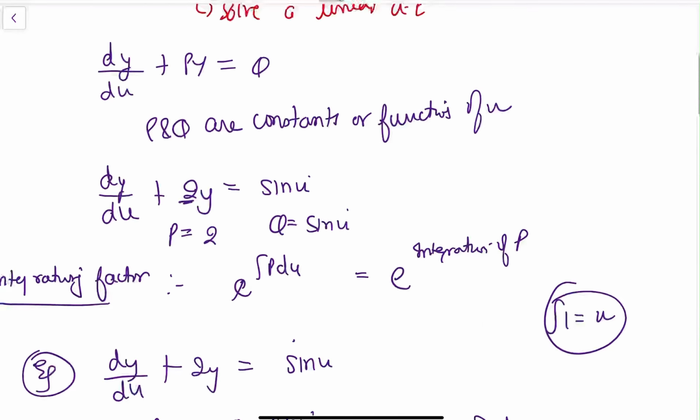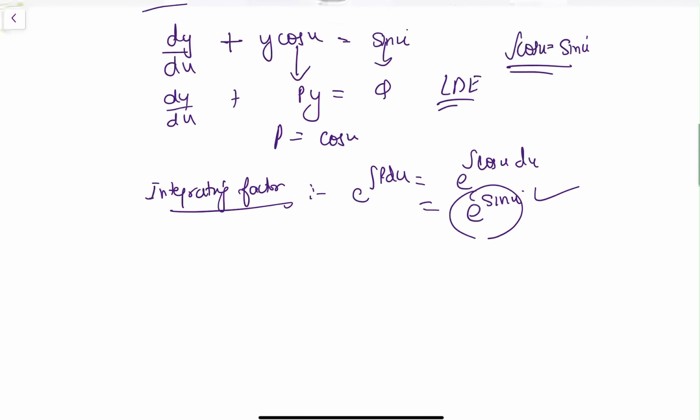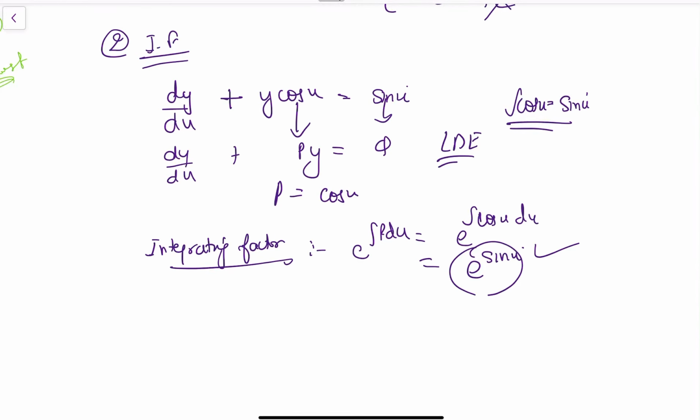So that's how you calculate the integrating factor for multiple differential equations. First identify whether it is linear or not. If it is linear, you have to bring it in the general form dy by dx plus py is equal to q. In that form, identify p, and e to the power integral of p dx is the integrating factor. e will always be there, but the power of e will depend on the integration of p, and p will vary from question to question. It can be anything, it just has to be a constant or a function of x, that is important.